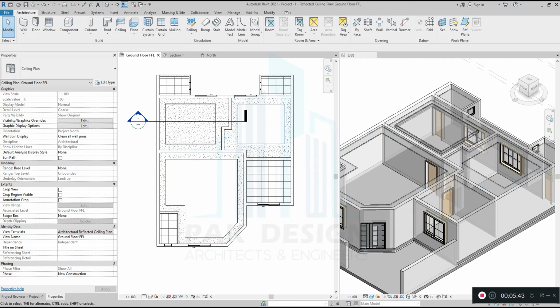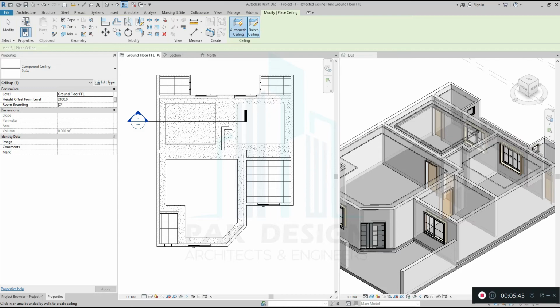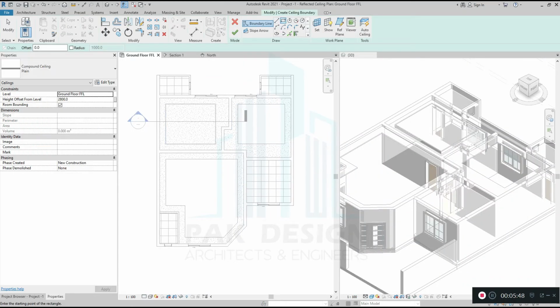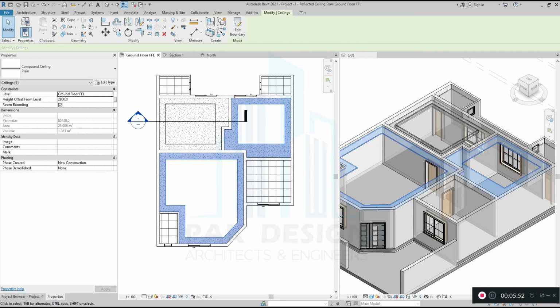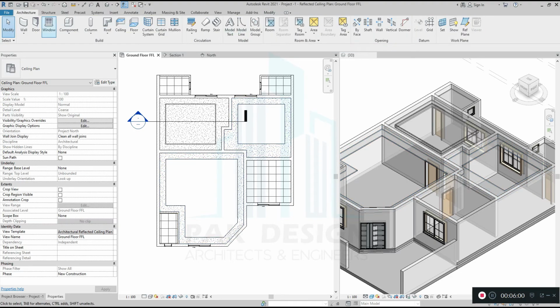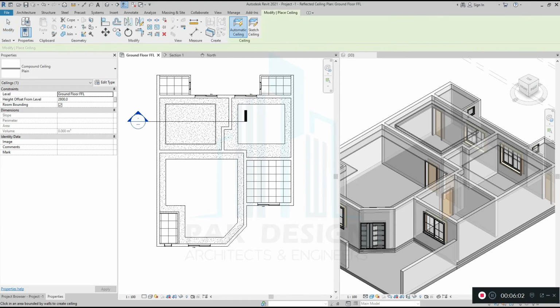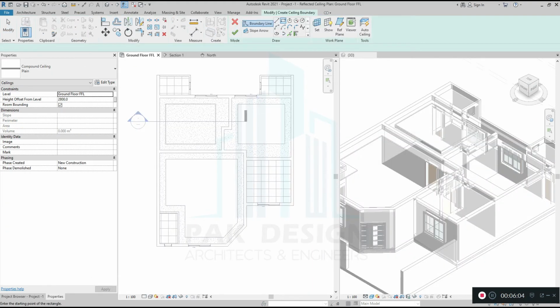Now internal part, again I will go in ceiling, sketch ceiling. What about this height? This height is 2.6, yeah, keep lower part, and the other ceiling will be like, I'm going to sketch this one, this ceiling.